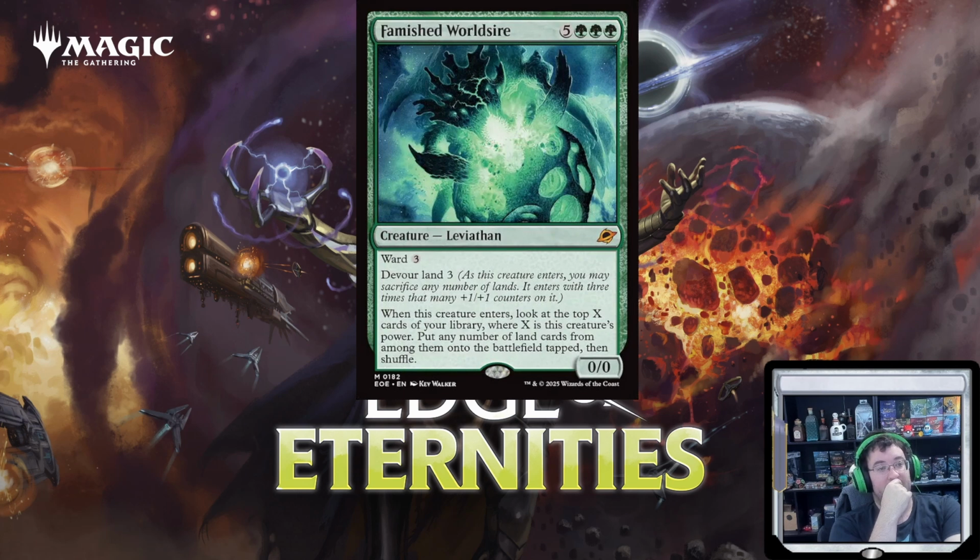So you sacrifice 6 lands, going down to 2. And then you look at the top 18 cards and put all lands revealed this way onto the battlefield tapped, triggering your landfall cards as many times as that is, which is probably like 10, maybe less, maybe like 7 or 8. Because it's going to be like all the remaining lands in your deck. However many lands you have. So let's say you've got 16 or 17 lands in your deck. You had 8, so you've got 8 or 9 cards left in your deck. So this gets 8 or 9 landfall triggers, and then your entire deck